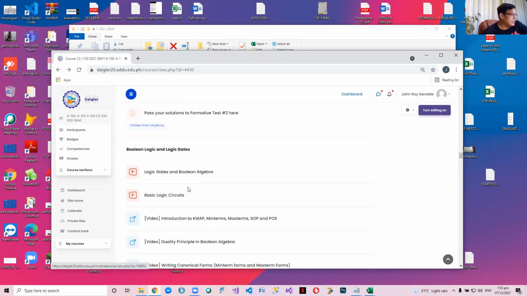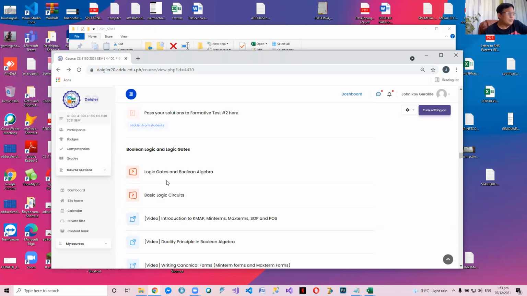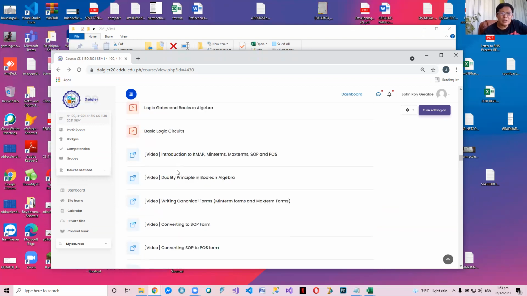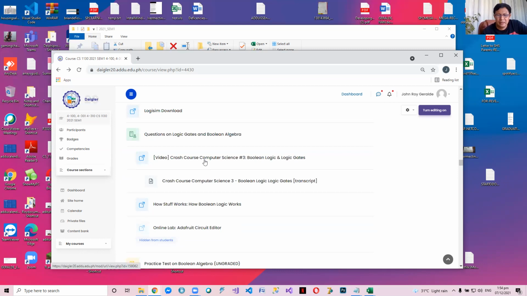Meron, basic logic circuits. This is important. How computers work. Do you follow? What are the different components of a CPU? You must have undergone them during your senior high. But this time, we'll be looking at them in more detail. Detail that we need in order to create or understand future programs. So any questions so far?